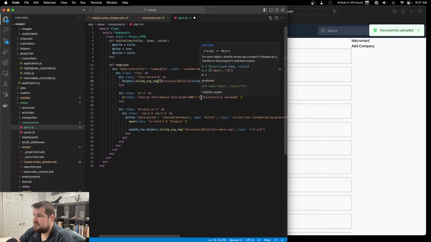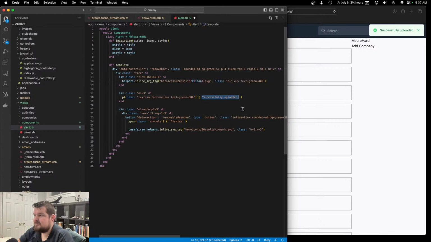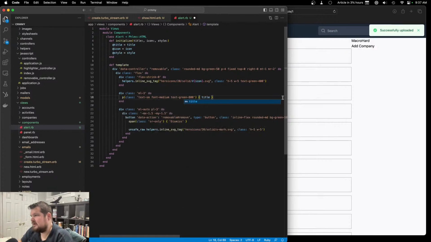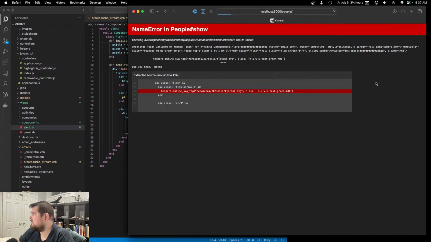And the other thing we're going to want to do is, I said title. I think I might want to change that to message now that I'm actually really using it. Well, no, I'll leave that as title. I could see us building a more robust setup where we actually do have message, and then we put a second row or something. But for now, we don't have that. So if we do that and reload,